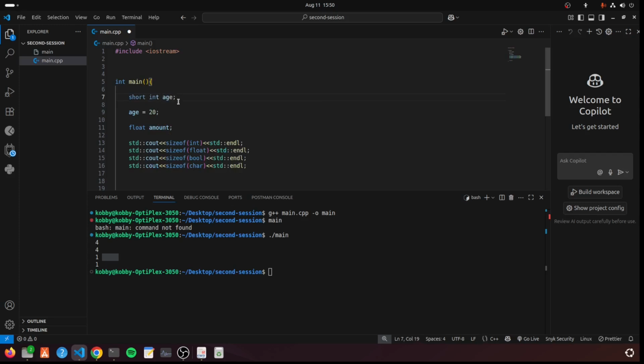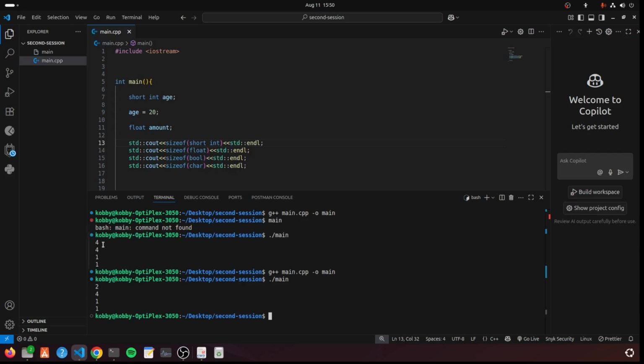These are type modifiers. So I can actually check the size of short int here. I have made changes to my source file, so I have to recompile again, and then so now you see short int is just taking 2 bytes. Look at this massive decrease. Initially it was just